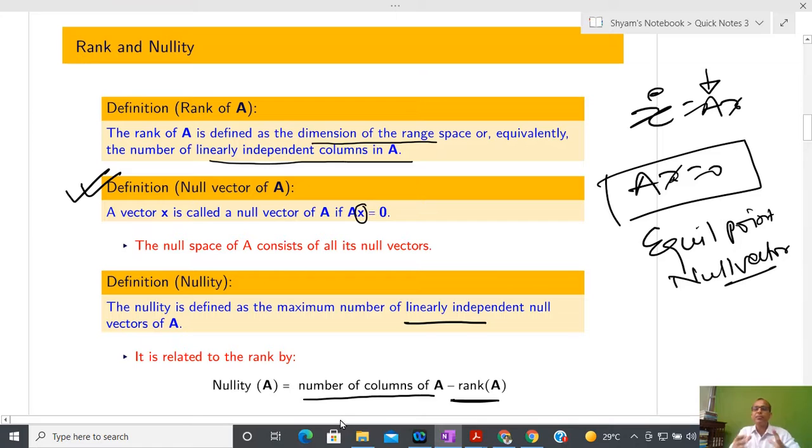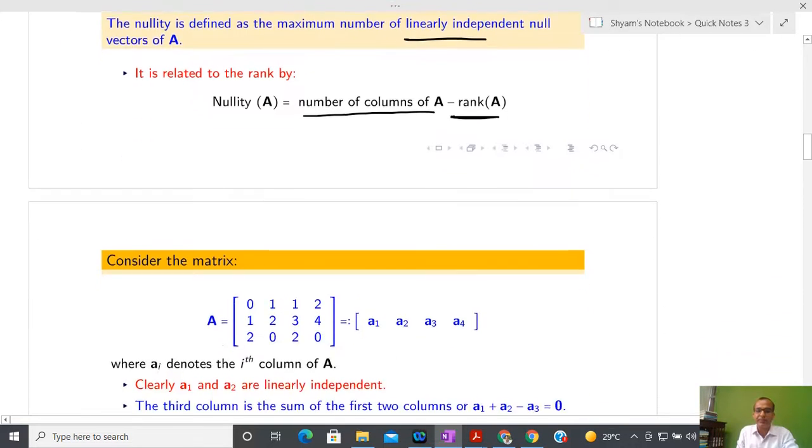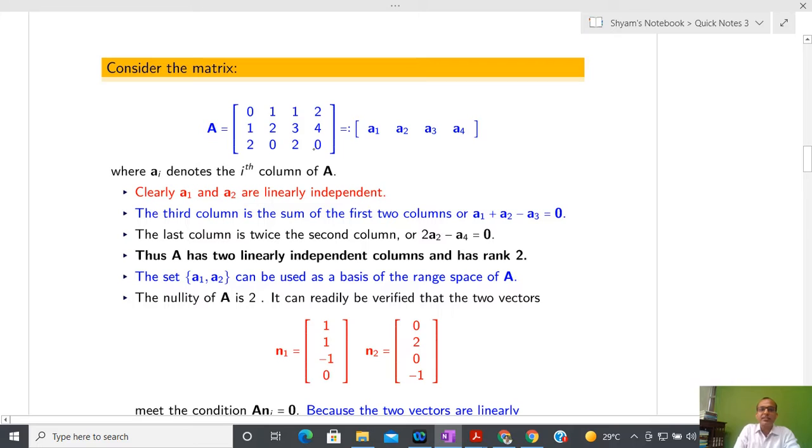So suppose I have m number of columns, and out of m, the rank is n. It means that the remaining m minus n is called nullity. Okay, let us see one example, and again I will come back to the definition. So I have constructed some kind of matrix, and you can see that in this matrix each entry is a real number, so I have written real numbers, and the number of rows is 3 and columns is 4.